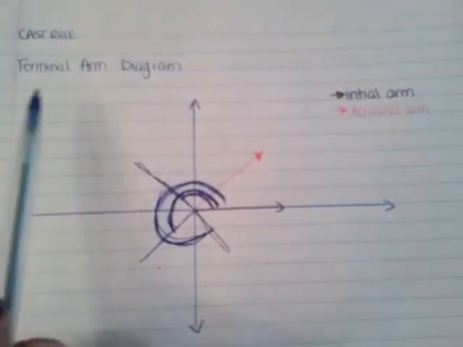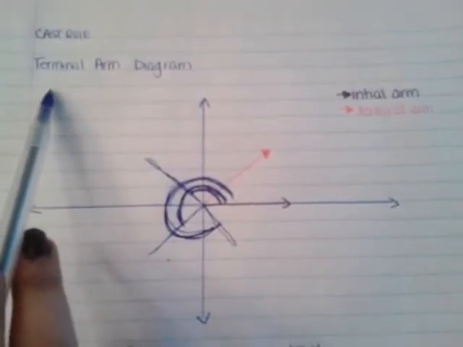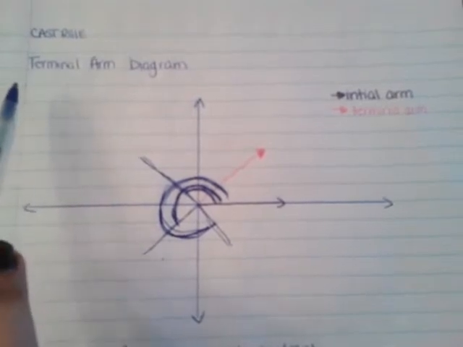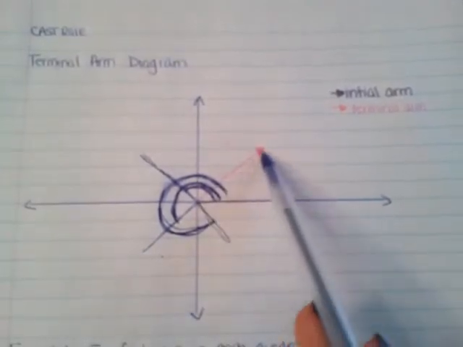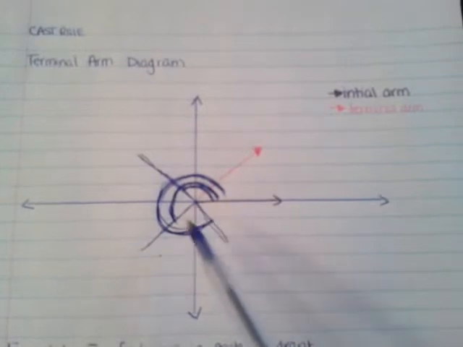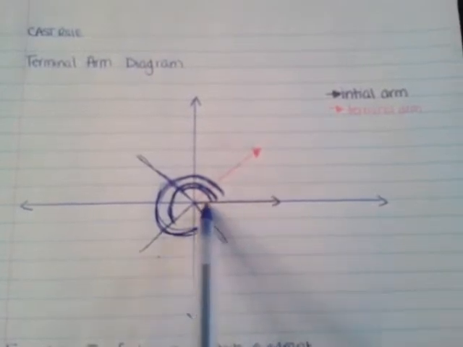Hi, so today we're going to learn about the CAST rule. So the first thing to understand are terminal arm diagrams. So the pink arm right here, that's called the terminal arm, and the purple arm right here, that's the initial